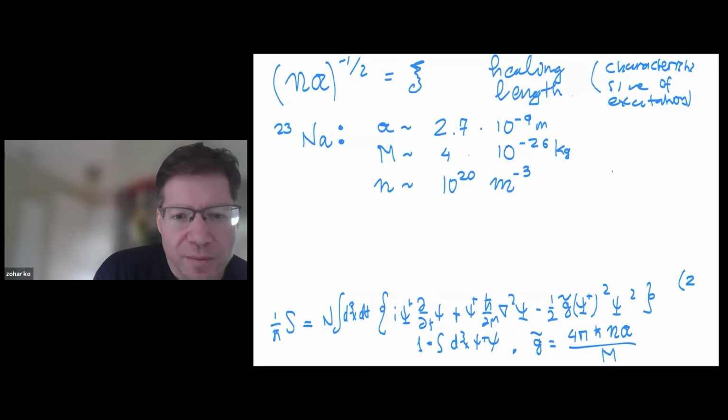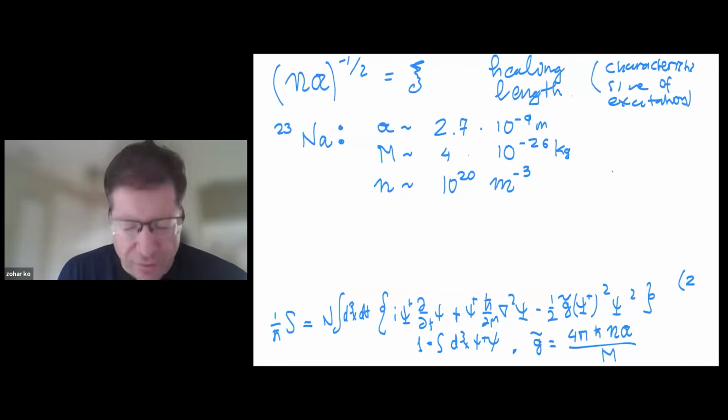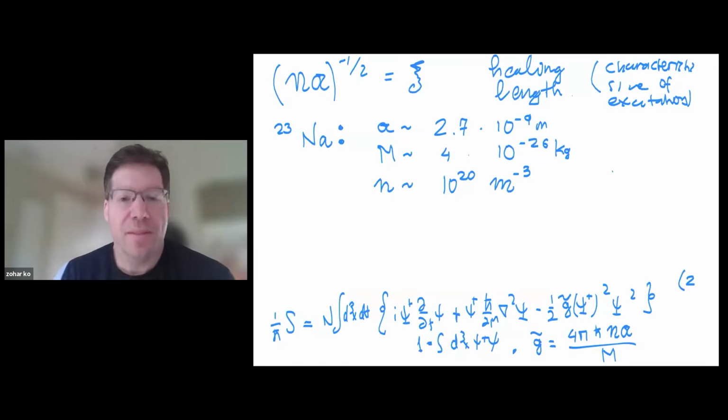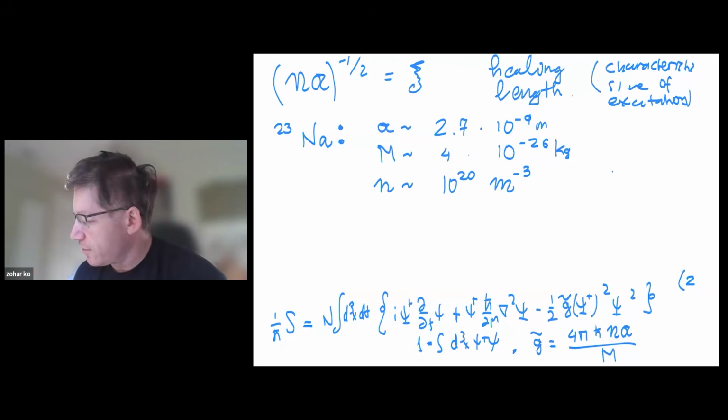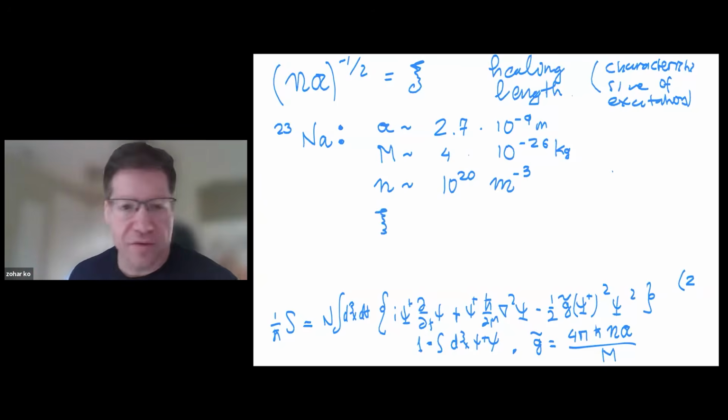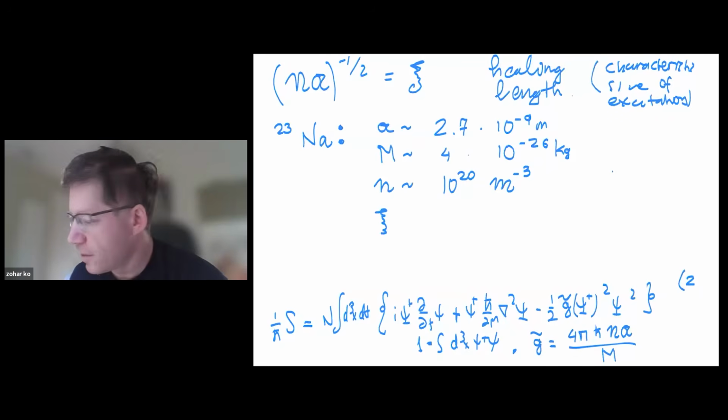You might remember the typical density in terms of molecules per meter cubed of realistic materials. It's through the Avogadro number, and this is tiny, tiny, tiny compared to that. So these are extremely dilute gases. That's their density, and you can calculate the healing length. That's the size of an excitation that we will encounter. You can just calculate it from the formulas I gave you, and you get this.